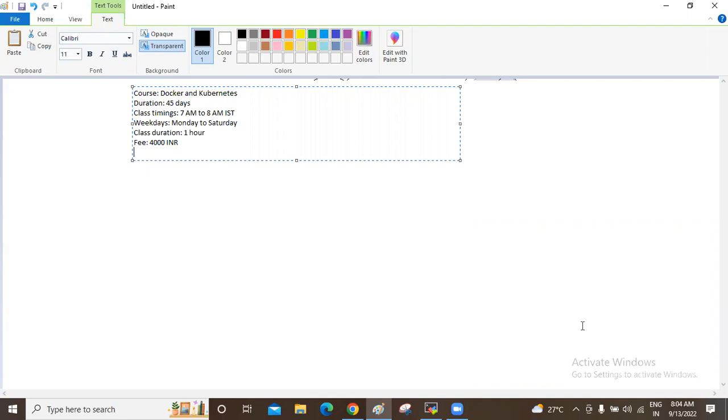If you learn all other tools and don't learn Docker and Kubernetes, your DevOps profile will not have that much weight. This is the heart of DevOps. Somebody, Sujit, is asking whether I have plans for Git and Jenkins. As of now, I don't have that plan. I am strictly confined to Docker and Kubernetes, because these are very important technologies. Generally, Docker and Kubernetes are taught as part of the DevOps course.